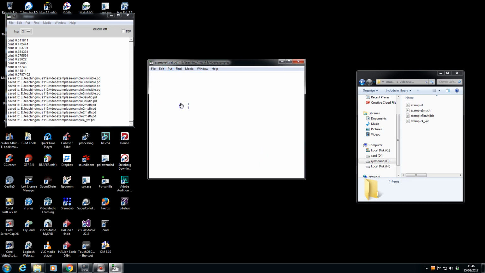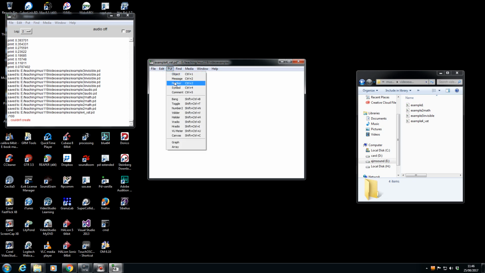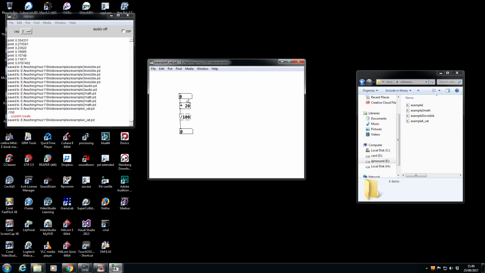So I'm going to start by putting an object box, do this rather laboriously, times by 20, another object box, divide by 100, put a number box after that, and put a number box at the top. Now I actually do need a little bit of space between these things. Save that. And if I type 20 into here,